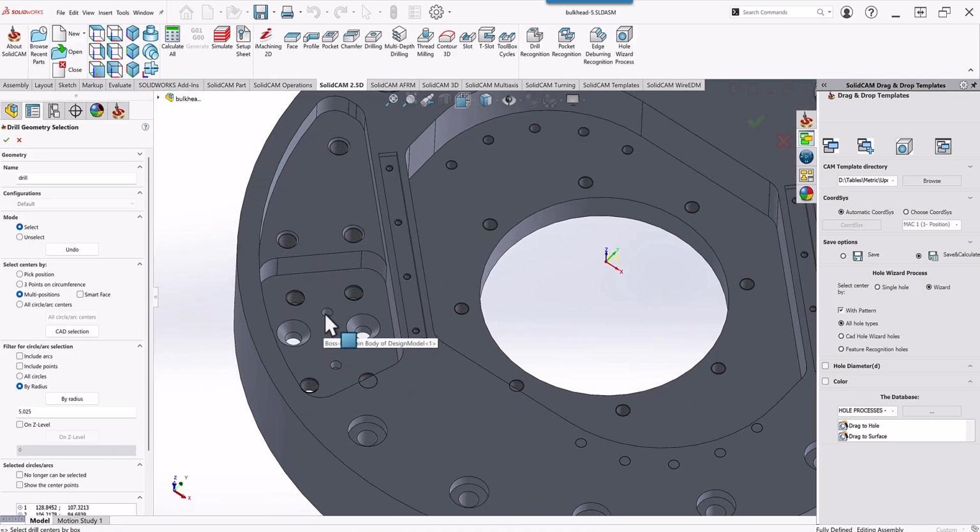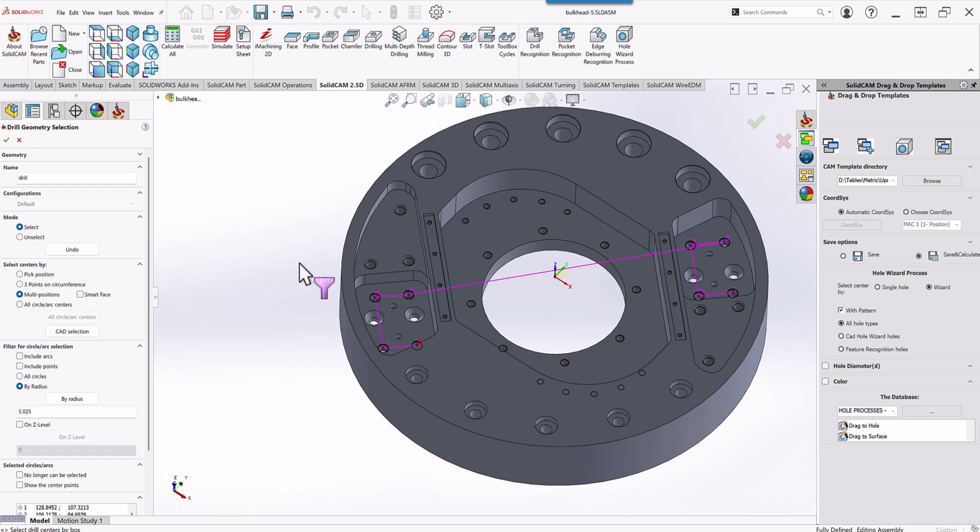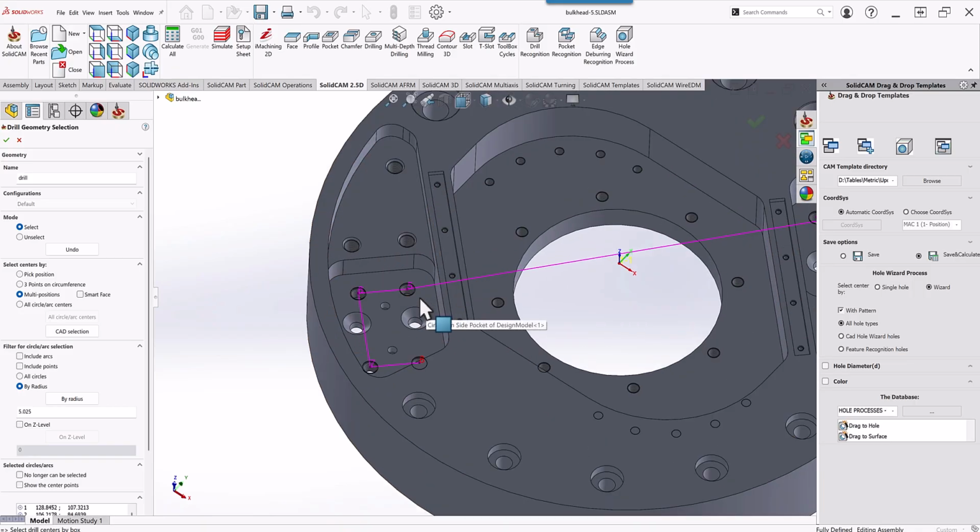I can go back to the other side over here as well and click on that surface as well. If I were to click, say, on this surface, it won't pick up anything because those holes are not the same as these. I'll just accept this,